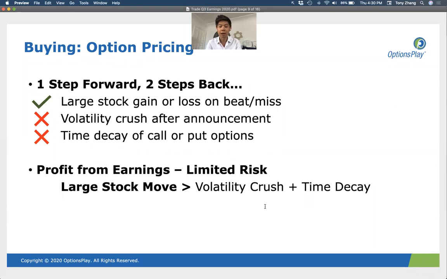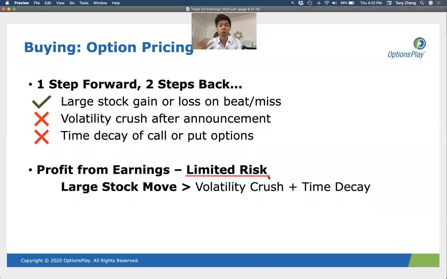Whenever we talk about buying options, the benefit really comes down to the fact that you have limited risk. Whenever you buy a call option, a put option, or a debit spread, the amount of capital that you have at risk is truly limited. And you have leverage on your capital, but no matter what happens, there's only a set amount that you can risk. Now, with this type of risk to reward ratio where the risk is limited and the upside many times can be leveraged multiple times to the capital that you're committing to the trade,